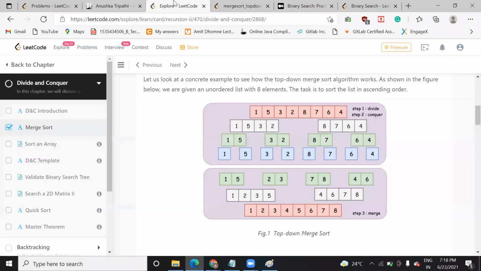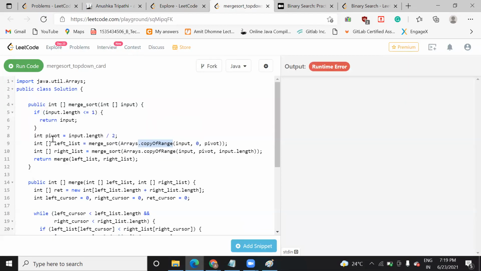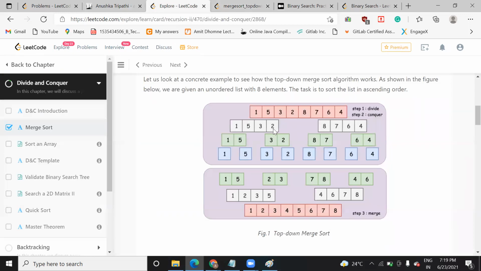Here int pivot is of integer type. Input is the array, and length gives you the number of elements in this input array. When you divide it by 2, it tells you where you need to divide it. Are you getting what I'm saying?